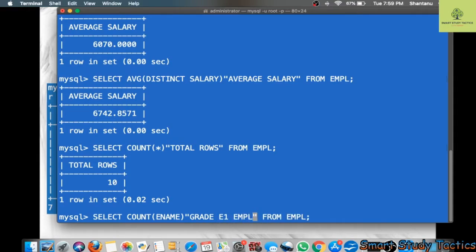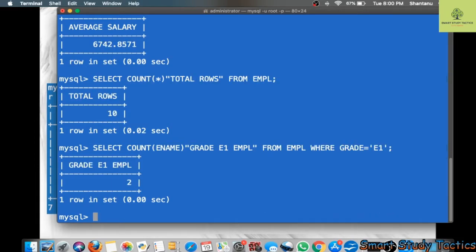Actually, this will be helpful to you when your boss or anyone asks, I need the details of this many employees. That time it will be helpful for you. I am going to use a where clause, where grade equals E1. Now you can press enter. Only 2 employees have the grade E1.